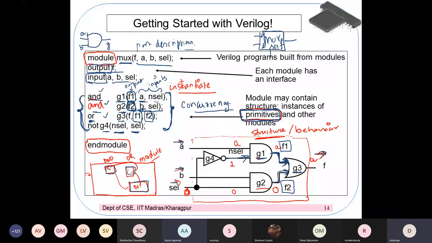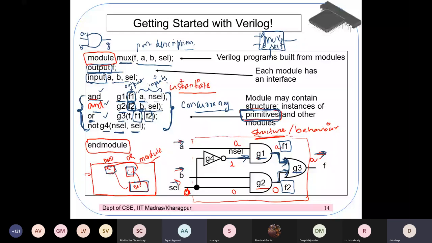You are essentially again thinking like in the C language, right? You are expecting that a NOT gate will produce an N select and then it will be used in this AND gate. That is exactly what will not happen. The way you have to think about this is exactly like,